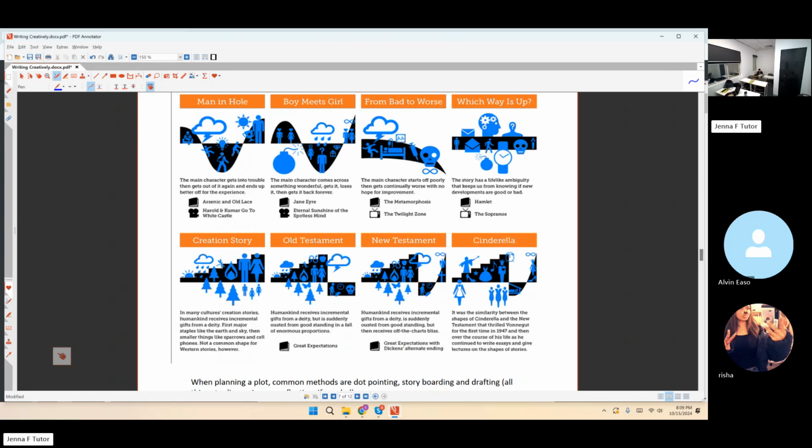Okay, so confusing. What would you think? I think it probably goes into the first four, but which one do you think? Let's say the first book, for example. Which category do you think it would go into? Is it continuously, like the main character just gets in trouble and then has to get out of it, or is it kind of bad, good, bad, good, bad, good? Yeah, it's kind of like bad, good. Yeah, so we'll probably say Which Way Is Up. Yeah, for that one, where there are new developments, but we don't know if they're good or bad.